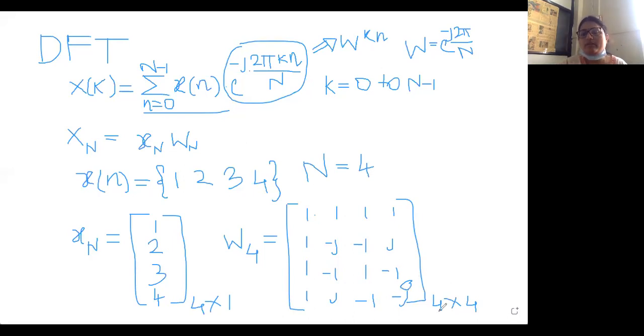So we have taken up all the values. Now what we have to do? We have to perform the matrix multiplication, x of n multiplied by W of n. When we perform this matrix multiplication, we will get the DFT values. So we'll do this in the next slide. I will write it once again. Here, I want to get the DFT values X of n, which will be calculated when we perform the multiplication x of n multiplied by W suffix N.